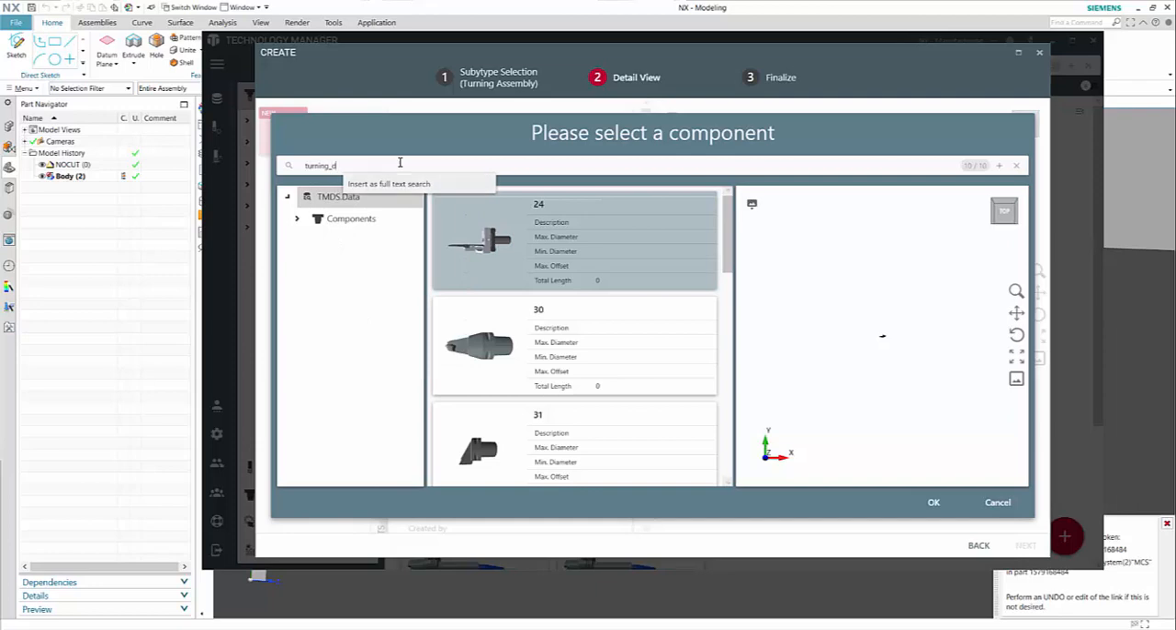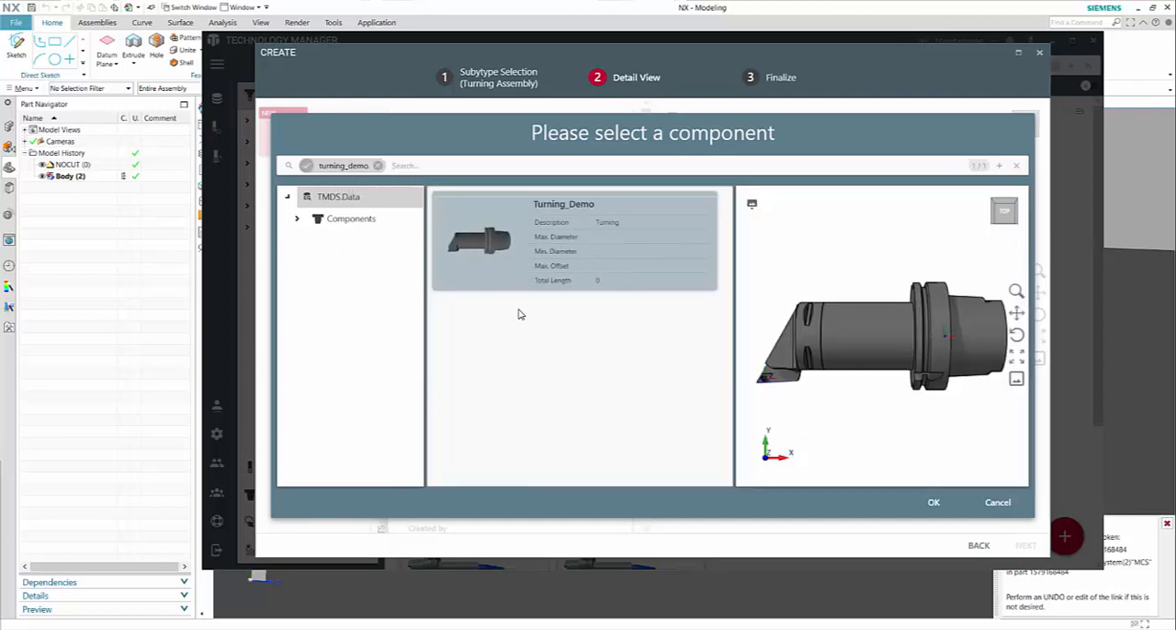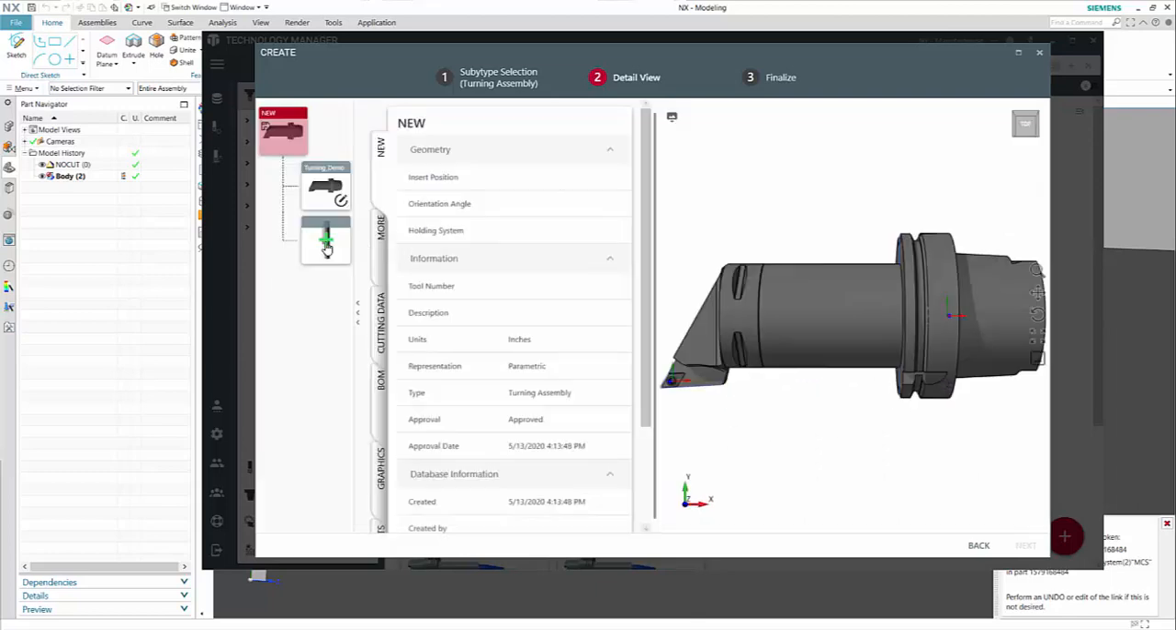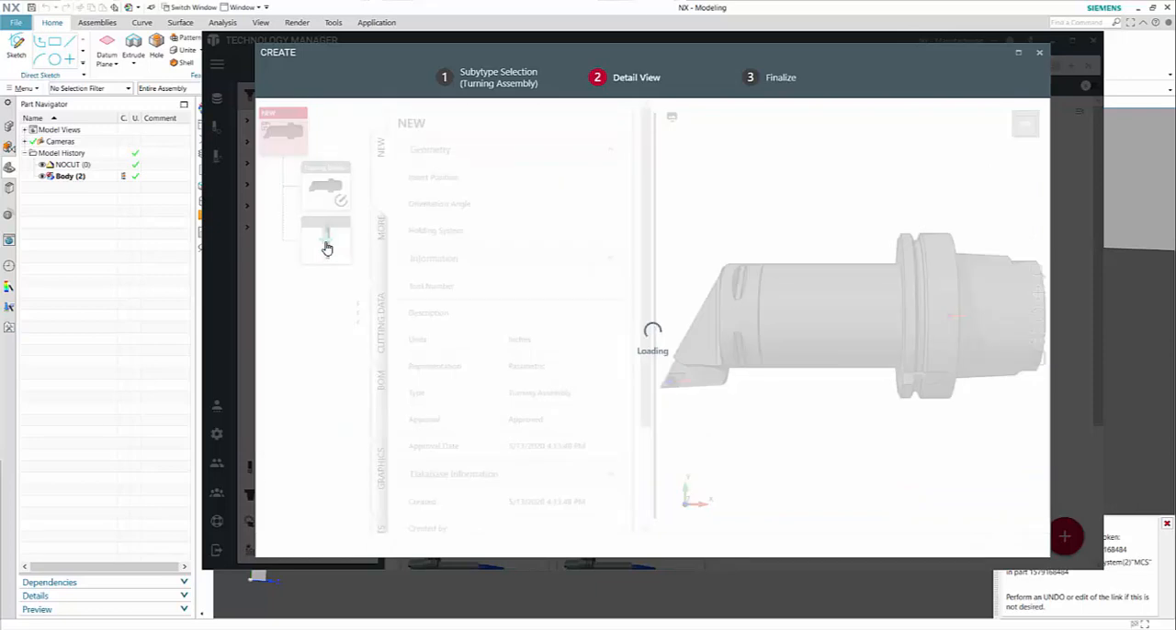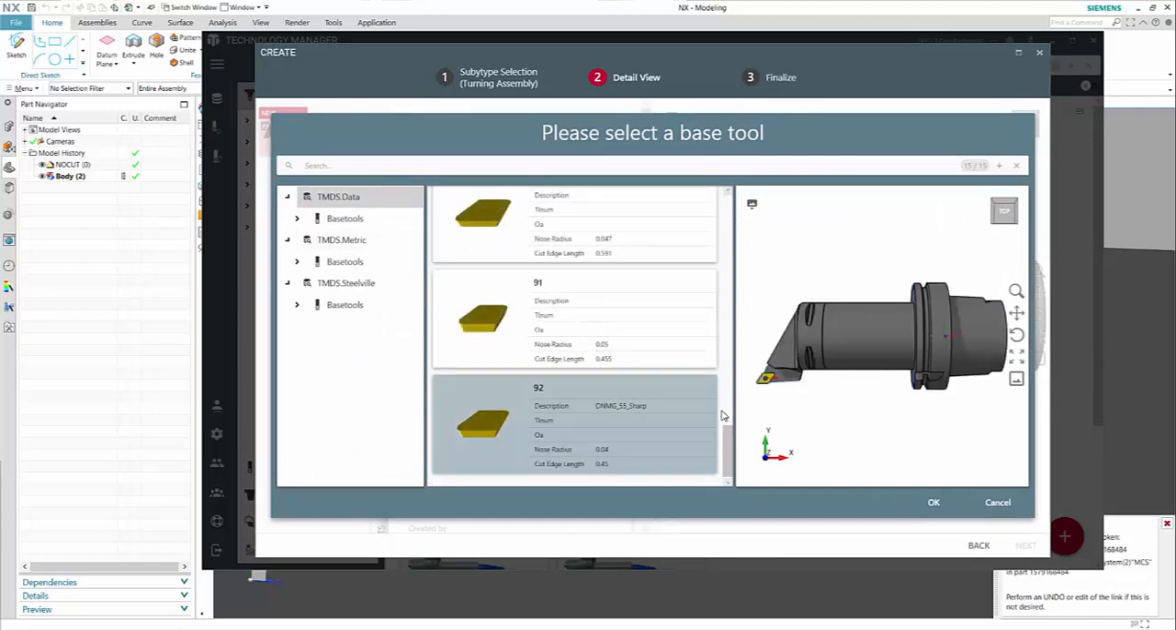We can search by the name. As you can see, over the course of the assembly creation I've done, there's multiple different ways to use this search bar, really to make it as easy as possible. You can see here, this is our correct tool. And click OK. Now we can find our turning insert. From here, use the DMG 55 sharp,